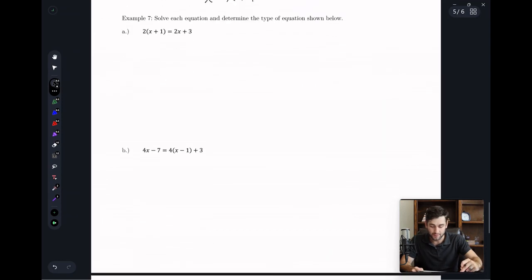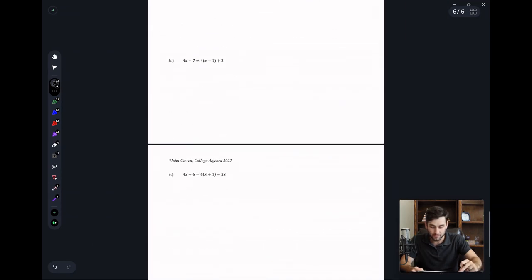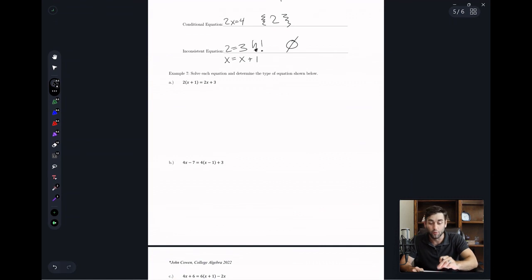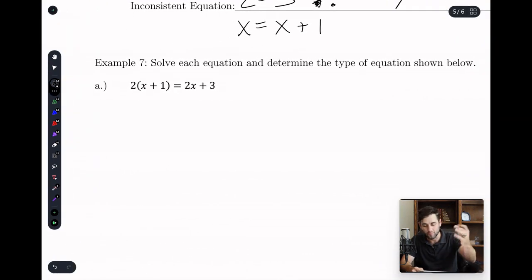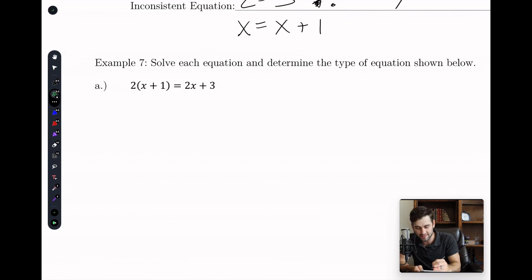So I'm not going to do all however many of these there are. I'll do one of them, classify it, and then let you solve the rest. And we'll work on them in class together, and we'll discuss what they look like. But we still use those steps. I'm going to do this real nice and neat. Are you ready for this? D stands for distribute. Boom.